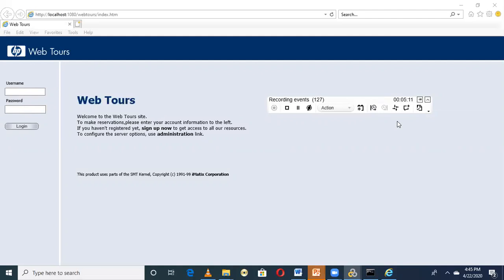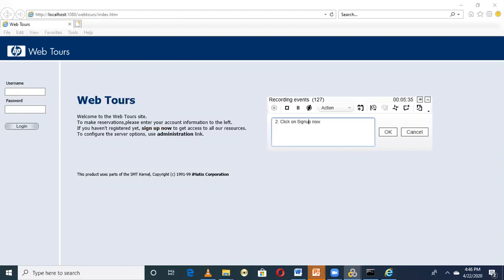Our next step is the user registration. For that we need to click sign up now. So again I'm going to insert the comment, and my second step is to click on sign up now.